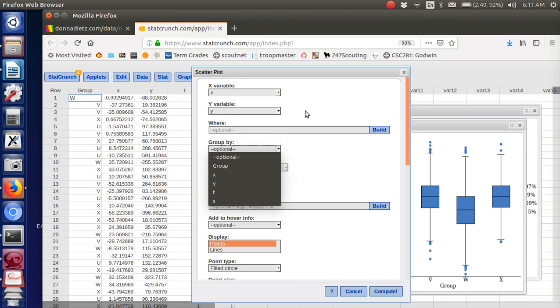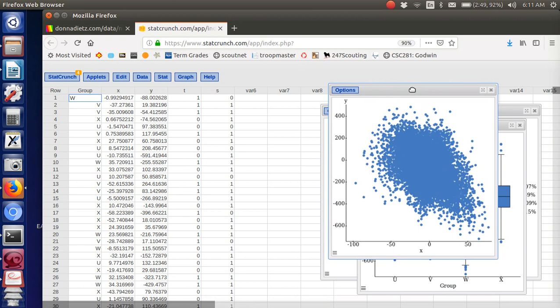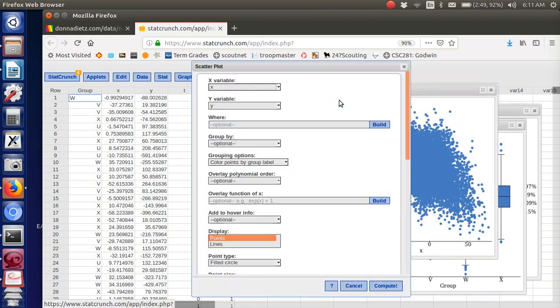Actually, I'm going to do it without grouping first. But you don't have to capture this one. I just want to show you it's a big mess. It just looks like a big mess of points. So you may say, hey, there's nothing to it, it's just a field of messy points. Okay. Now we're going to group by group, and while we're at it, we may as well overlay polynomial of